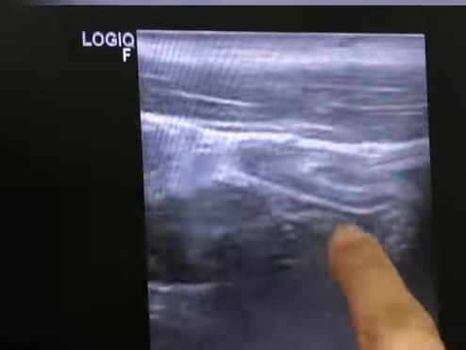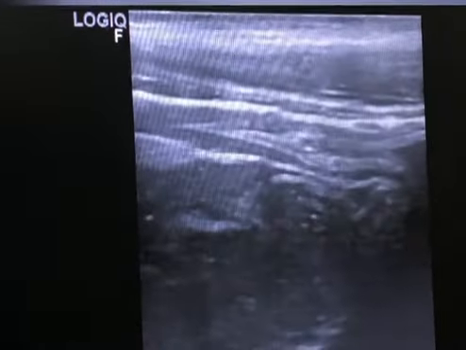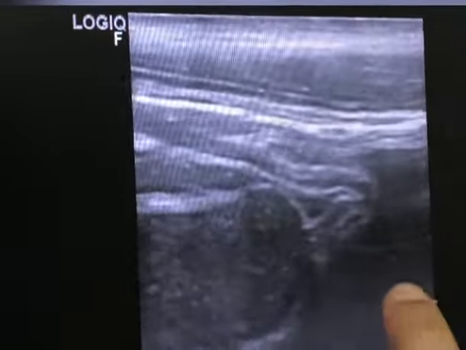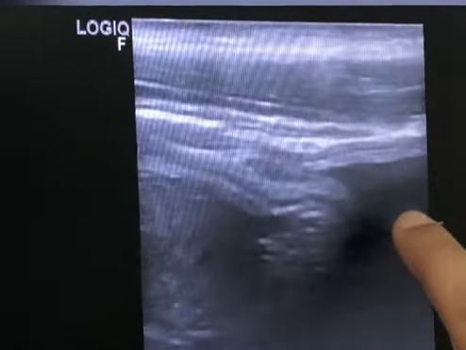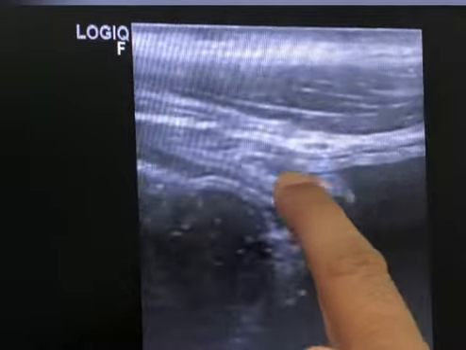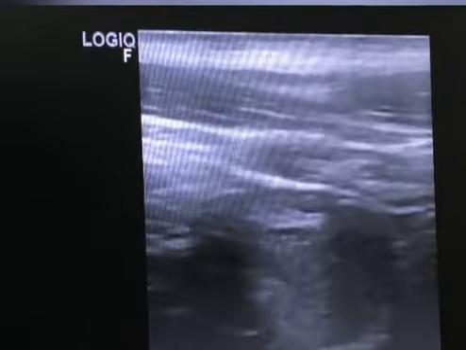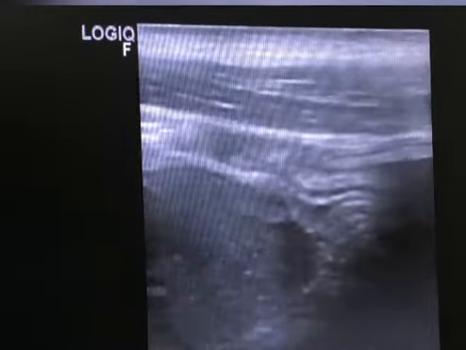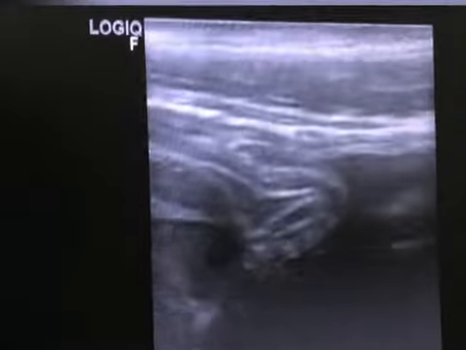It is having a central mucosal lining, hyperechoic in texture, and you see that this is the urinary bladder, this is the fundus, and it is in connection with the urachus. It could be a patent urachus. Okay, don't focus on the pronunciation.